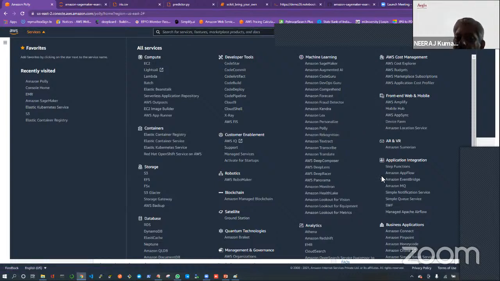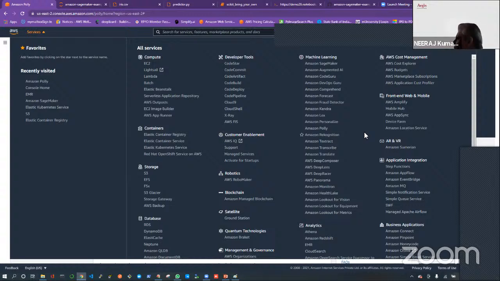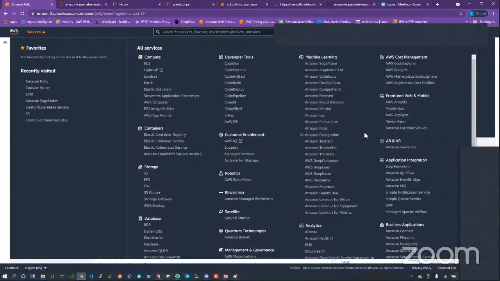If you want to create a body capable of performing some function, you attach this sensory to that body, and then you can create whatever you want. It behaves like a robot. So our job is just limited to integrating this, because these are all ready-made models. We don't have to build anything. We just have to integrate with the front end or whatever, and you have your live thing.